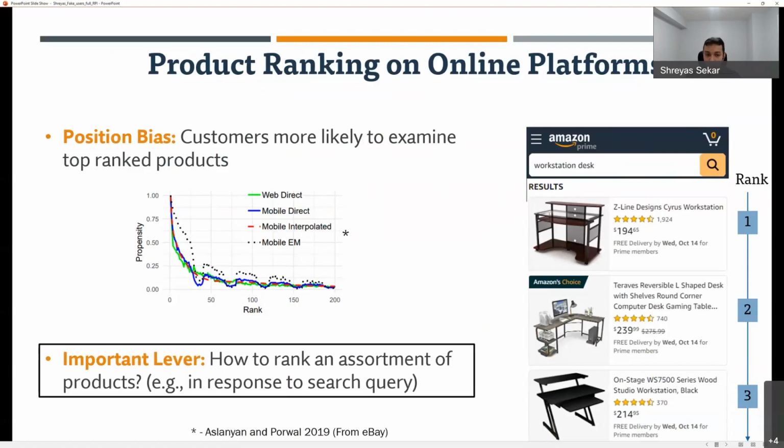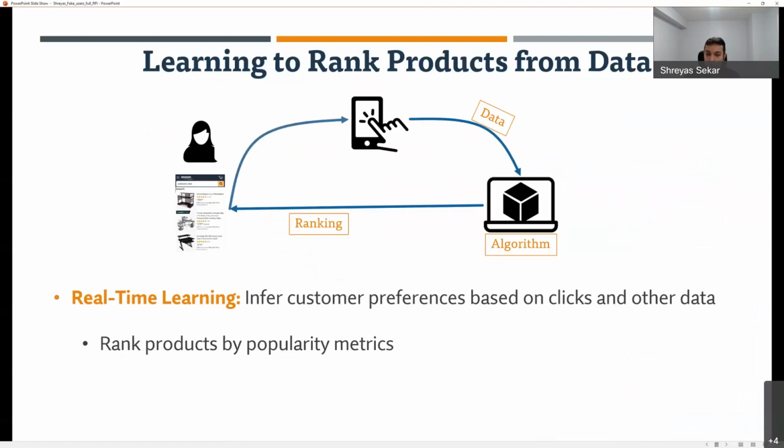So while we don't know the exact algorithm that Amazon uses, we have a pretty good sense for how the product rankings come about. And in particular, here is how these product ranking algorithms work. They use this notion of online or reinforcement learning. So every time a user comes in, the user looks at a ranking, they perform a certain set of actions. For example, they can click on some products, they can purchase some products, they can add things to the cart, they can leave a review and so on.